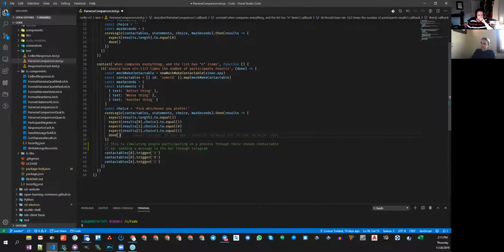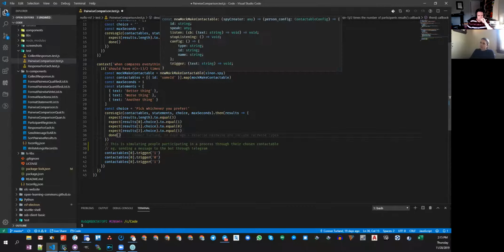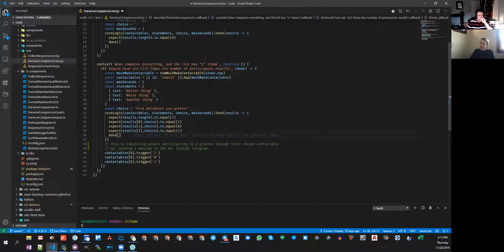So you see, for this one we provide three statements, three inputs, and this is pairwise comparison. The general thing that we're trying to state here is that when it compares everything and the list has n items, it should have n times n minus 1 over 2 times the number of participants' results.